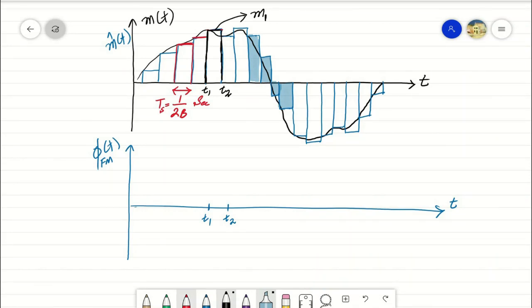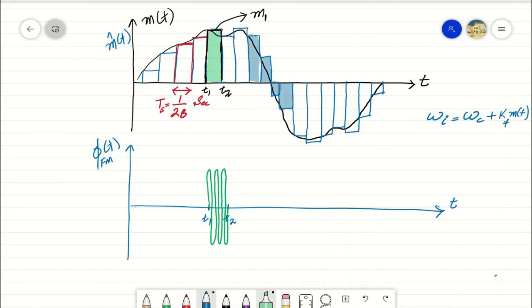Therefore, the modulated signal generated within this span will be a sinusoid of a fixed frequency. So for each of such blocks, the modulated signal will have a different frequency. However, within each block, its frequency will be constant, as the frequencies are being modified according to the amplitude of the information signal for frequency modulated signals, where the instantaneous frequency was generated as the central frequency omega c plus a scaled variant of the information signal m of t.